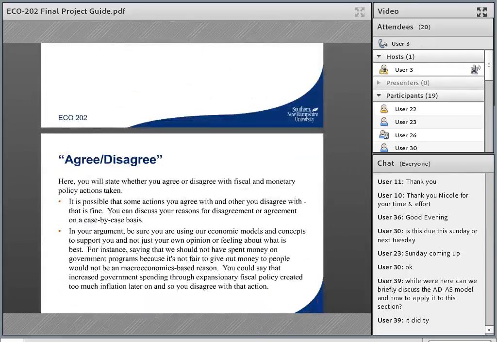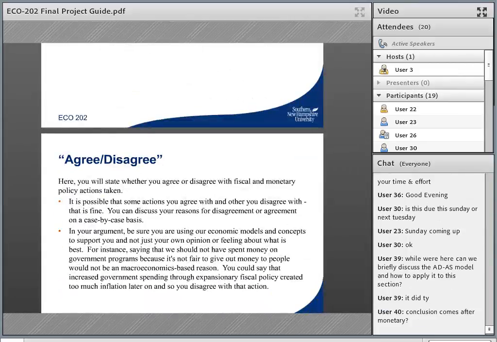And then the agree, disagree. This is the very last slide of content where you're going to talk about any of the policy actions that you presented and whether you agreed or disagreed with them and why. And the why really does need to use some macroeconomic reasoning, not just that you think that that's a lousy idea, but that it was a bad idea because,